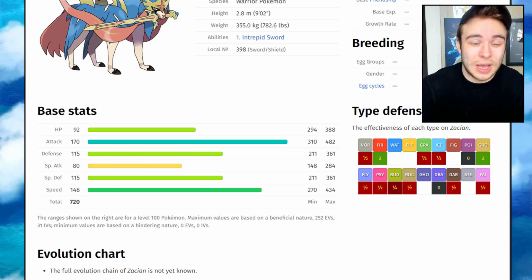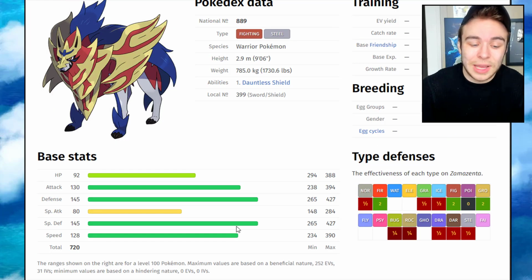Even Choice Scarfs are going to have a difficult time. Zamazenta, like I say, still very fast with 128. Obviously, it's going to take a lot of hits because of that, but to be fair, it's only got 30 more physical and special defense than Zacian, whereas the attack takes 40 less, so...